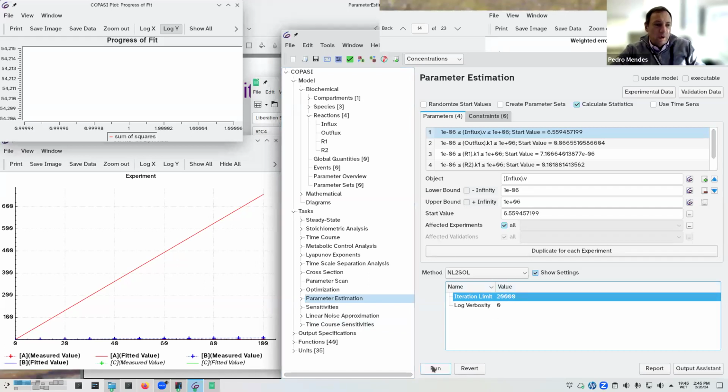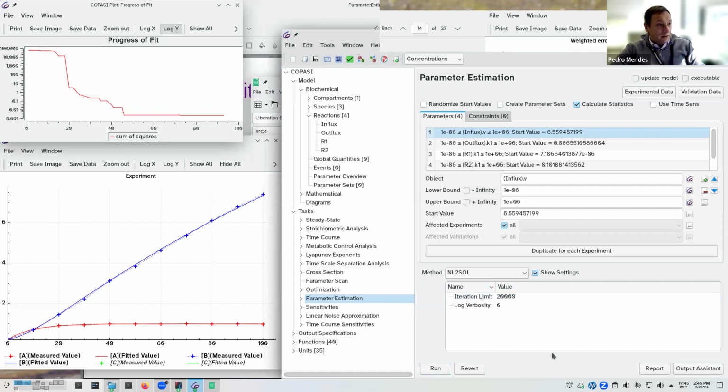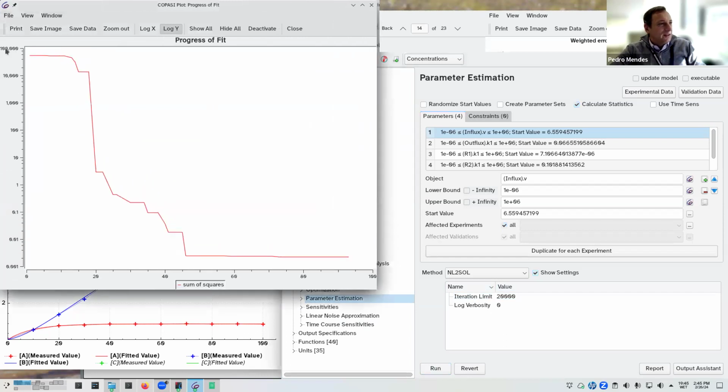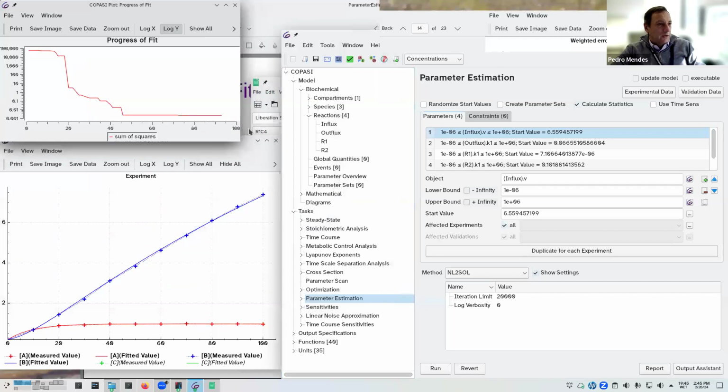So all I have to do now is press the run button, and to my surprise, this algorithm was really pretty good. You can see the progress of it here. This is the sum of squares before we even see the solution. It started at 100,000, and it came down very quickly with a few iterations of the model, to below 0.01. Now you can see the plot,